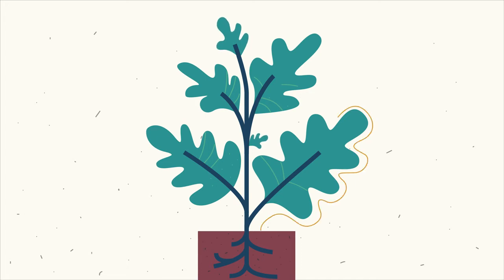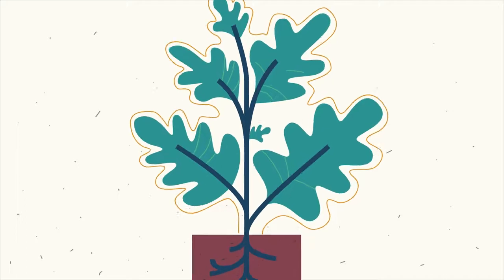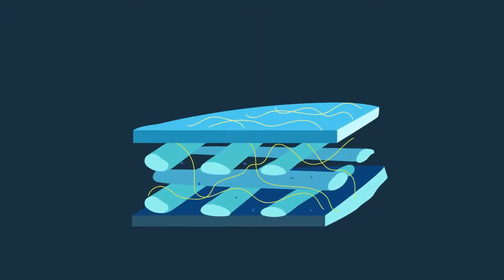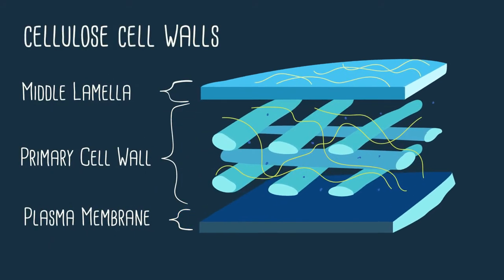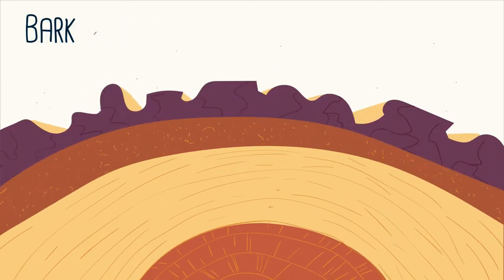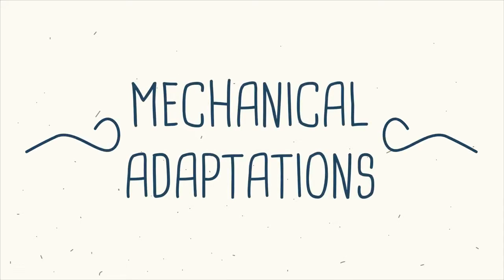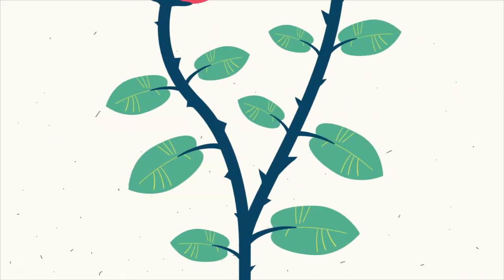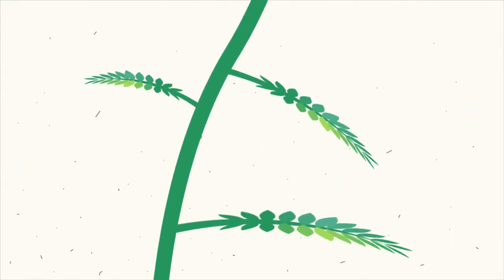Sometimes plants do not show symptoms because they, like humans, have evolved a range of ways to avoid and fight infection. The first barrier to infection is the plant's preformed defences. These can be physical barriers like cellulose cell walls, tough waxy cuticles on leaves, or layers of dead cells around stems which fall off like bark on trees. There may be mechanical adaptations, such as thorns and hairs, or leaves which droop or curl when touched, mimicry to